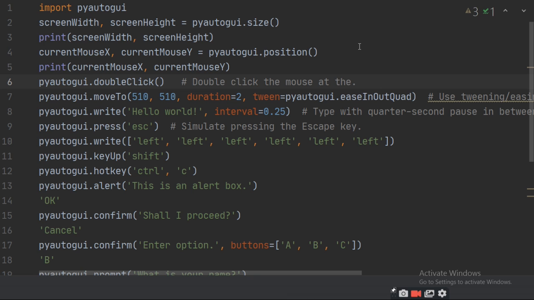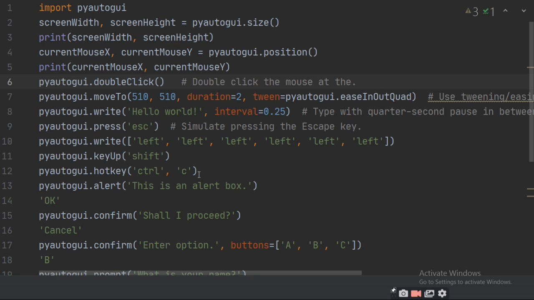Print it and find out the screen width and height. Then current mouse X and current mouse Y position. By writing pyautogui.position, you will get the mouse position. Then print current mouse X and current mouse Y. First of all, I will tell you how to write it and then I will run it one by one and tell you how to do it.